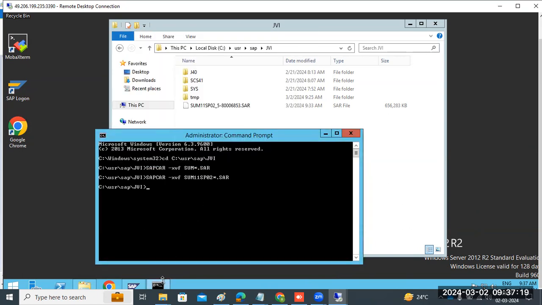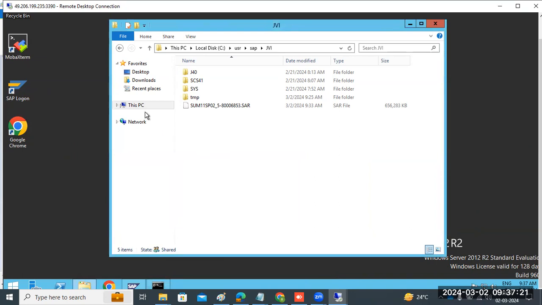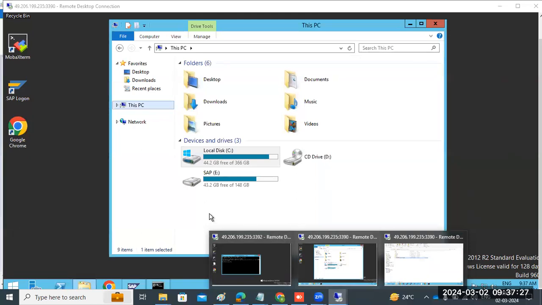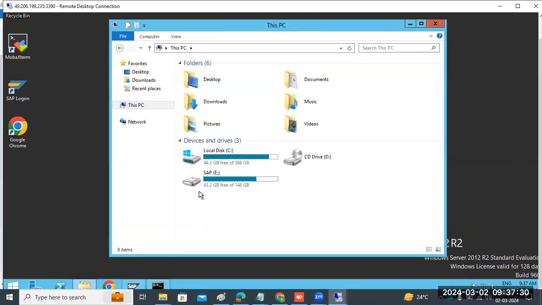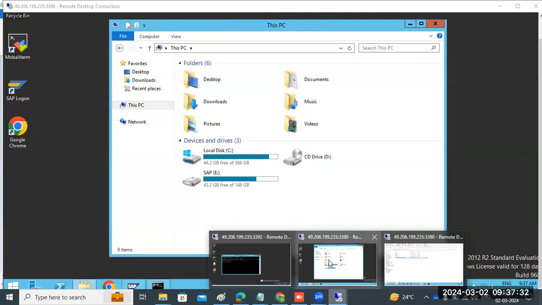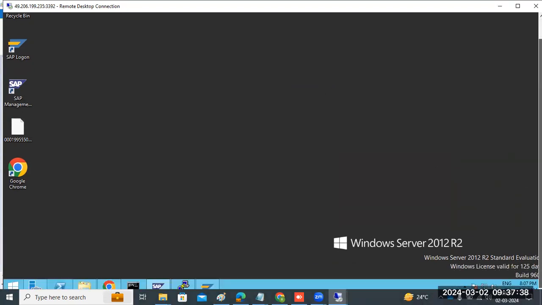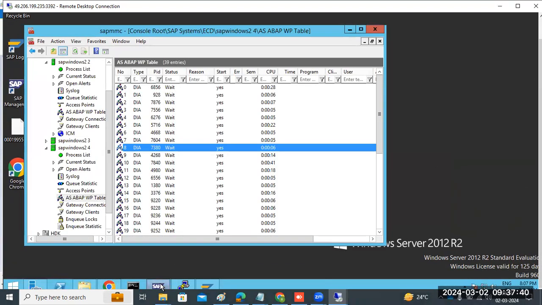This is also not opening. So there are some issues at the operating system level where we installed our Java system. These are OS level issues actually. That's why nothing is opening. Okay, so what I will do,